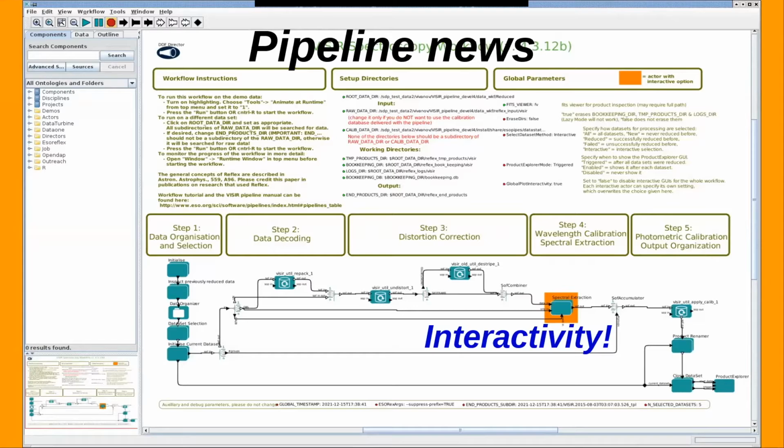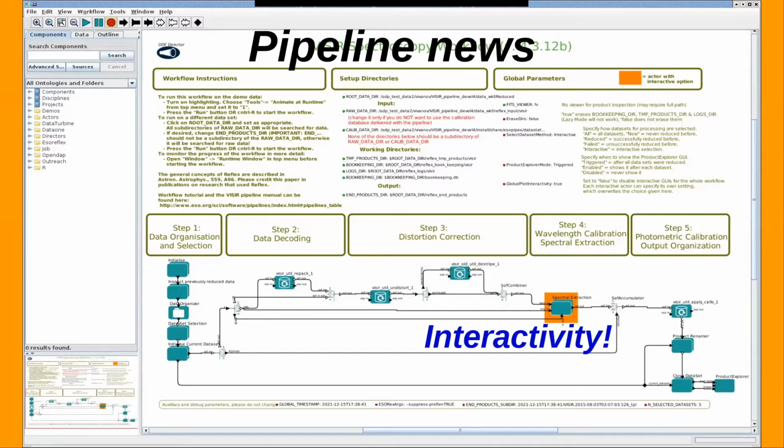When you see this slide, you probably realize that I slightly misled you with the title of my talk. It's really about the pipeline improvements. Recently, we have revamped the pipeline, and it has acquired a number of new features. I'm sure you will like them.